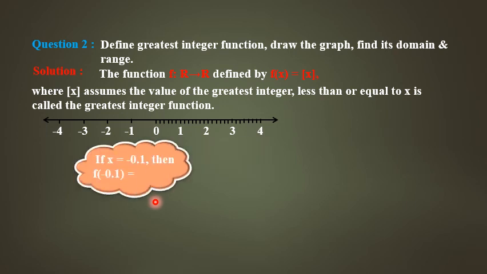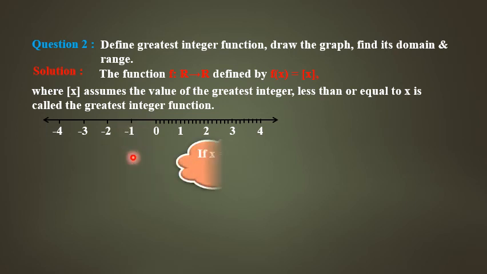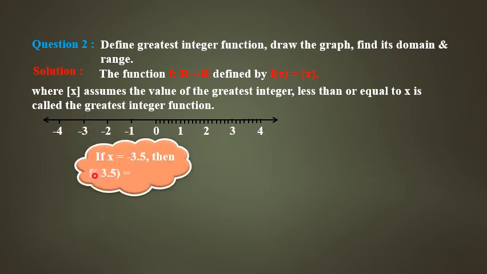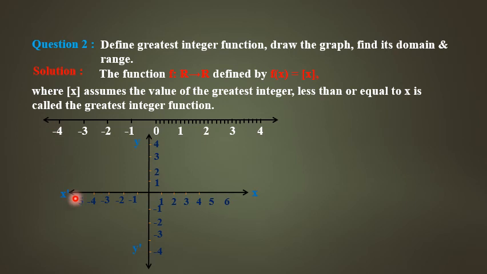Because it is an integer. If you take minus 0.1, see here, the number will come here. What number do you have to take? You have to take minus 1 here, correct? Yes, it's the previous number, you always consider the previous number. Minus 0.8, it comes here only, what is the value you take? Minus 1, correct? So the next one, if you take minus 2.1, the number will come here, what is its previous number? Minus 3. So you have to understand that logically. Minus 3.5, the number will come here, what is its previous number? Minus 4. Previous number means it must be an integer. Okay, so this is how we take.